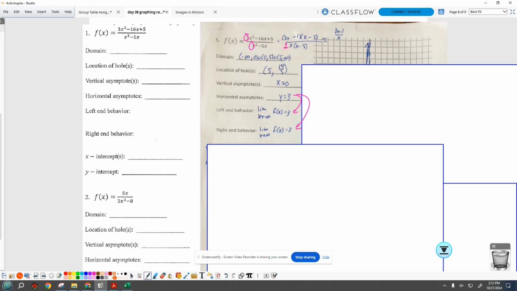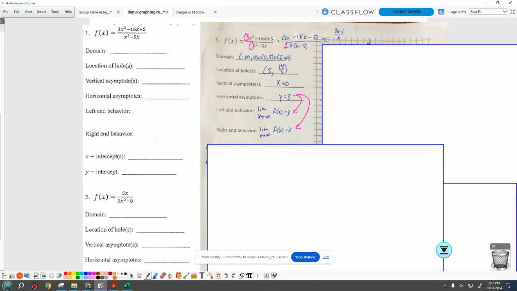Next thing, x-intercepts are found when y is 0. So, Teddy says x-intercepts are found when y is 0. Do I take the original function, the factored function, or the reduced function, or doesn't it matter? Reduced. Reduced, yes. So when is this reduced function right here equal to 0? I think it was 1/3. Yes.